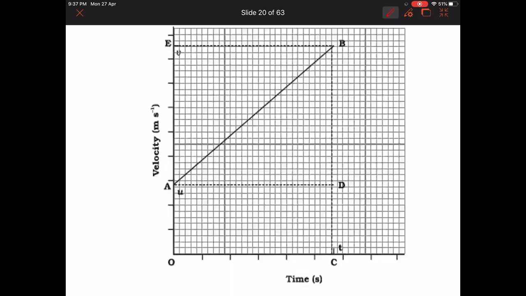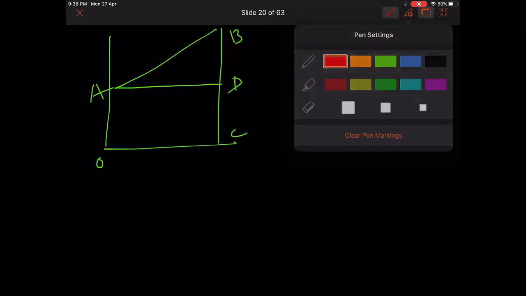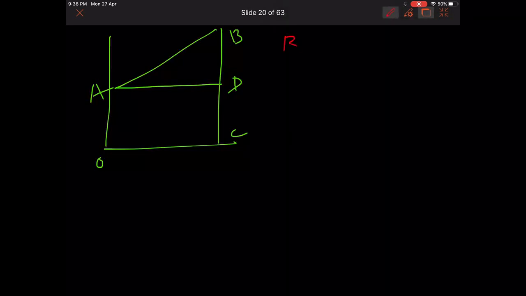Sorry, my mistake. Okay, so how did we write? We first drew this diagram. I'm really sorry about this. So it was like this. This is O, this is A, this is D, this is C, and this was B. So the first equation of motion that we wrote was, first I wrote BD, and we found out that BD is